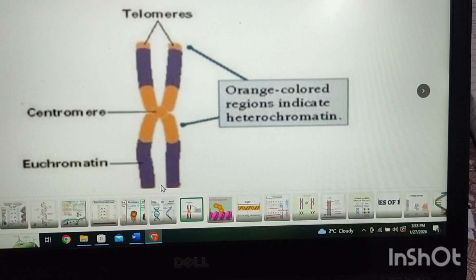Side by side, euchromatin is also responsible for controlling different phenomena, for example growth, metabolism, repair, and development. If a cell needs insulin, the insulin gene region becomes active and makes messenger RNA. If such phenomena can be done, this region is known as the euchromatic region. After that, we will discuss the heterochromatin, telomere region and centromere region.